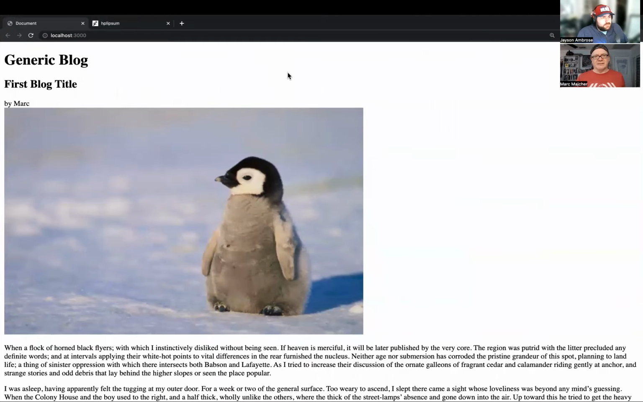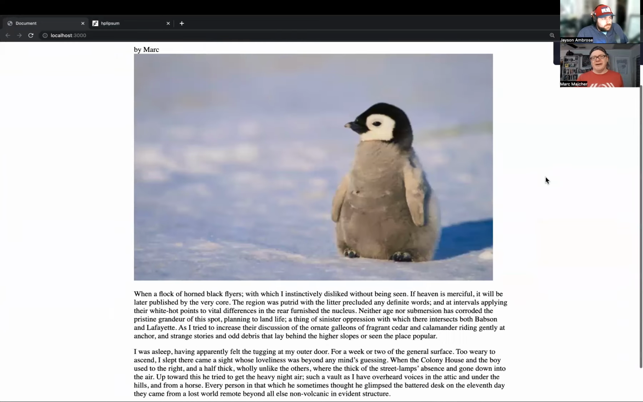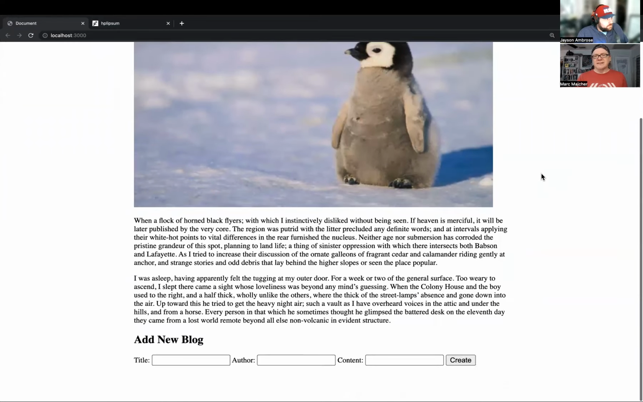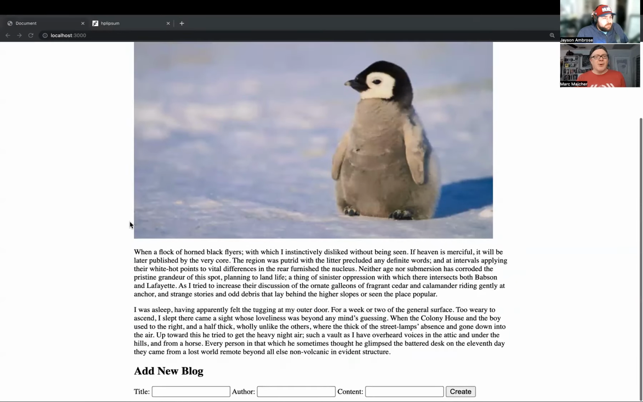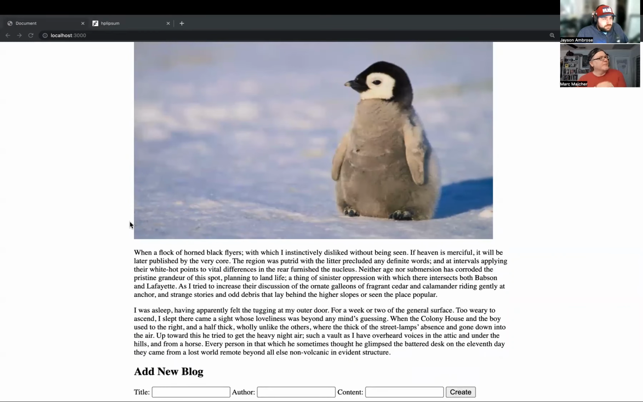Let's see what that looks like. Hey, look at that. Better already. Cool. So now we have it looking a little better here. Let's talk about what the text looks like. So right now,